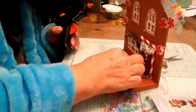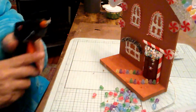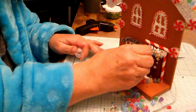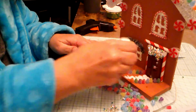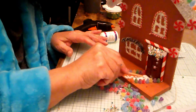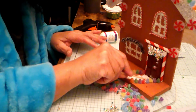Then the next thing I'm going to do is take my puffy paint and fill in the walkway with white paint. Taking the puffy paint, I'm just squeezing some in, trying to get it on there, and then I take a toothpick and squish it into all the nooks and crannies so that all the little area is completely covered. Now you could do this with the entire